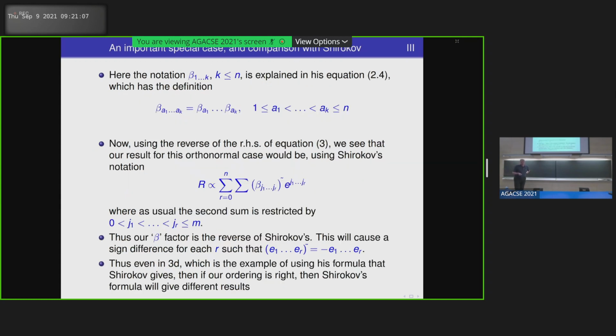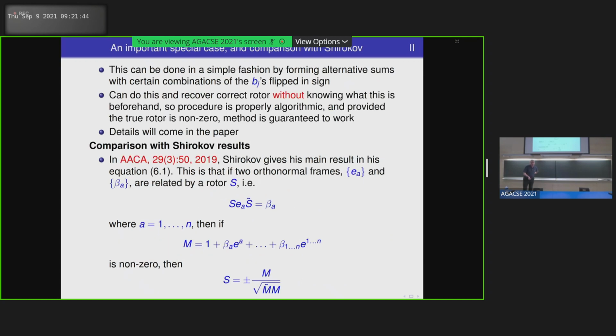Now, this notation with the betas 1 up to k is explained in equation 2.4, and basically it is the product beta_a1 up to beta_ak over this ordered set of indices. Then we look at the reverse of the right-hand side of our equation 3, and we can compare with our result for the orthonormal case, and it would be this: the sum of beta_j1 through jr reverse, e_j1 through e_jr. If I can go back, you can see that